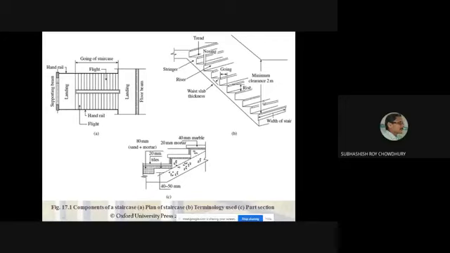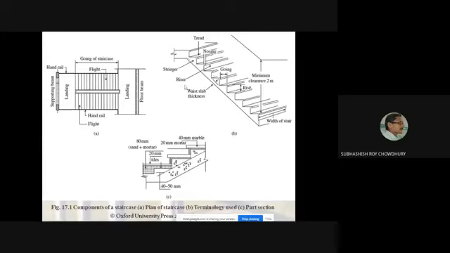Okay, and this is the waist slab. This slab over which the steps are constructed. This is called the waist slab. So waist slab, obviously, it will be the main structural component. So this is the waist slab, and flight is also called. This is the inclined part. Okay, the inclined part is called the waist slab, or the inclined part will be having the steps. So a flight is the combination of this waist slab and the steps.